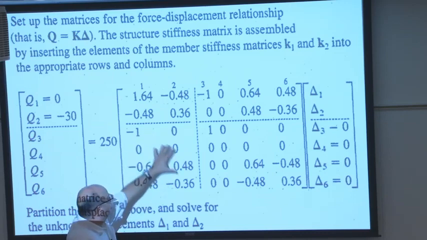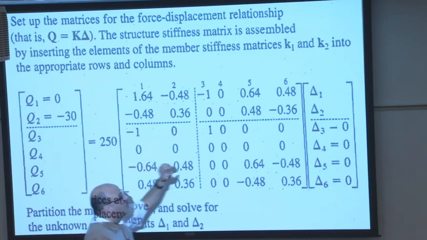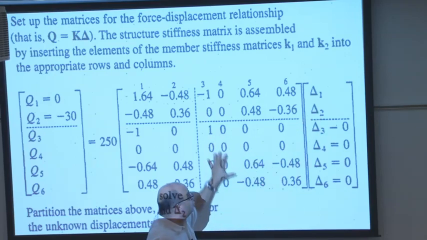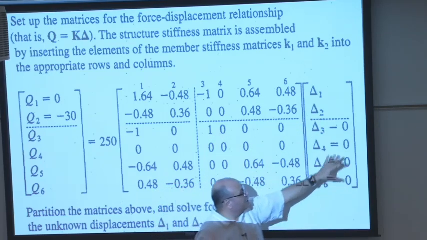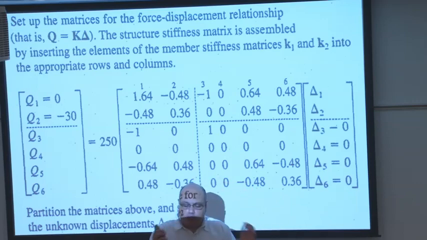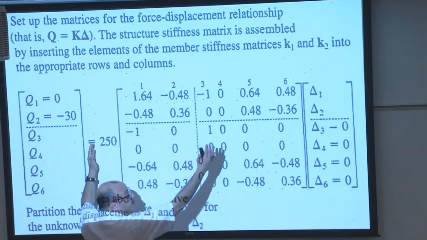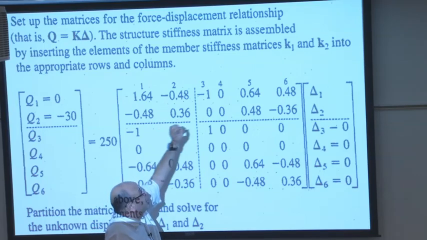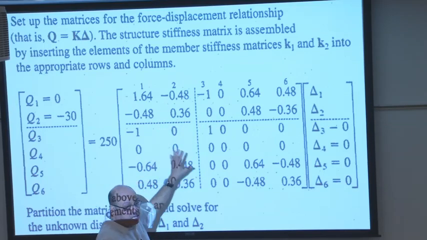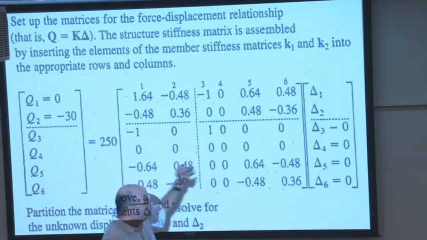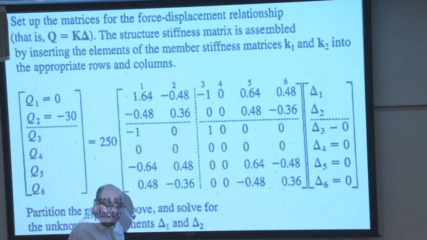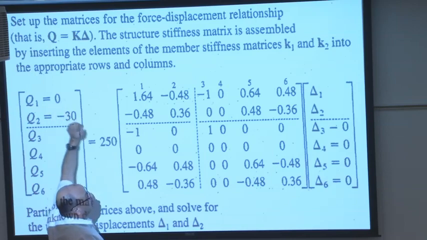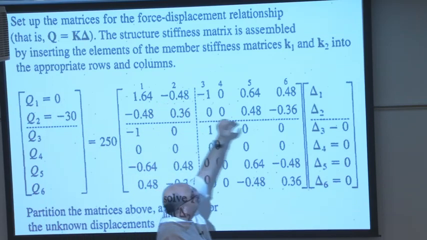That part right here, which is K21 multiplied by delta 1 and delta 2 plus K22 times this part. So again, clear your mind and just imagine that this big matrix is composed of 4 pieces: K11, K12, K21, K22. Correct? In order for you to find the displacement, we said that the forces that are known equal K11 times this